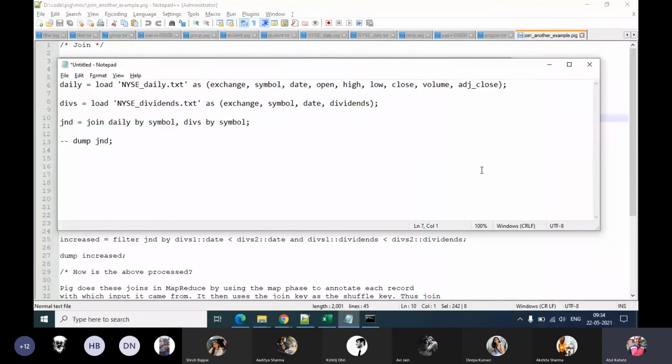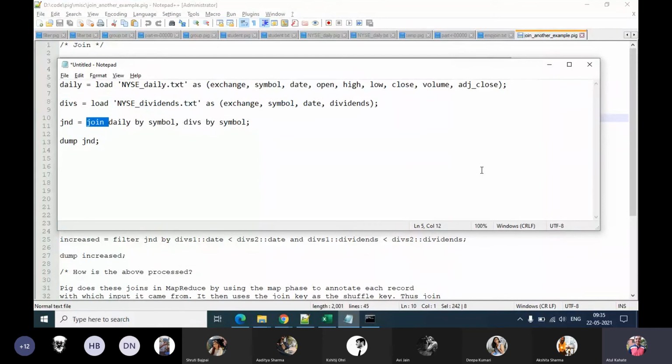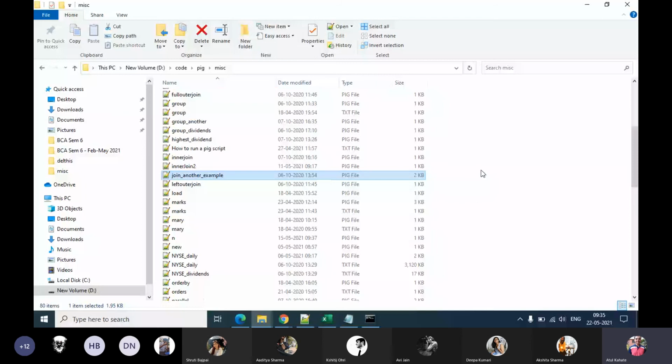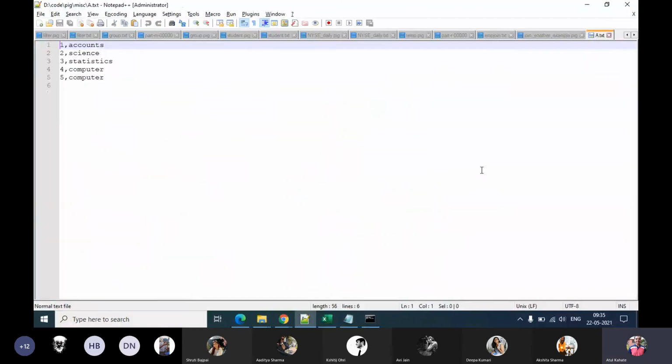And we simply dump it, or we can store it. As a result, this will dump the output of the joined relations. And it's not as if we only have this single join. I'll show you another example where we have all other kinds of joins possible.